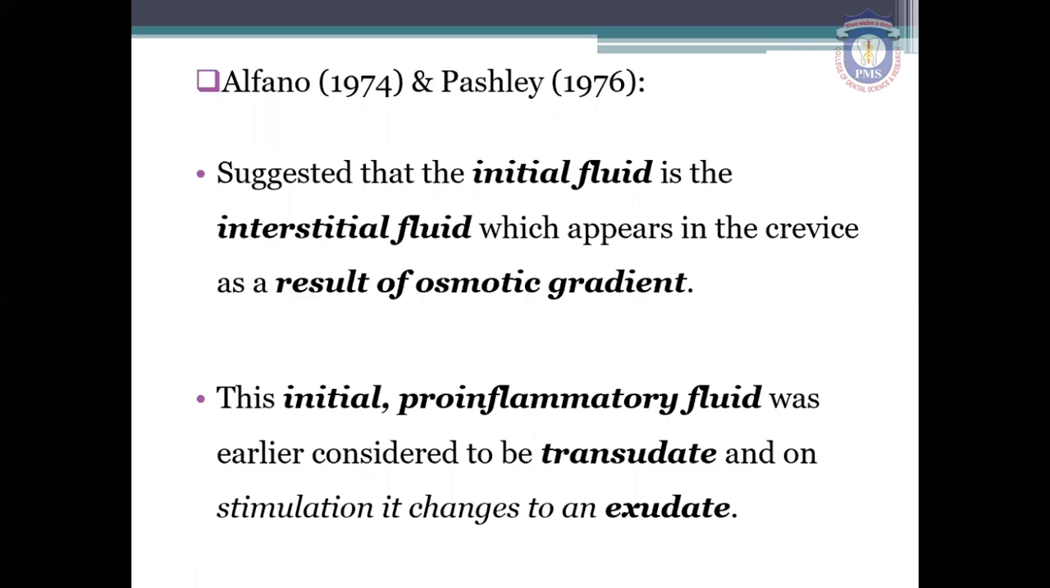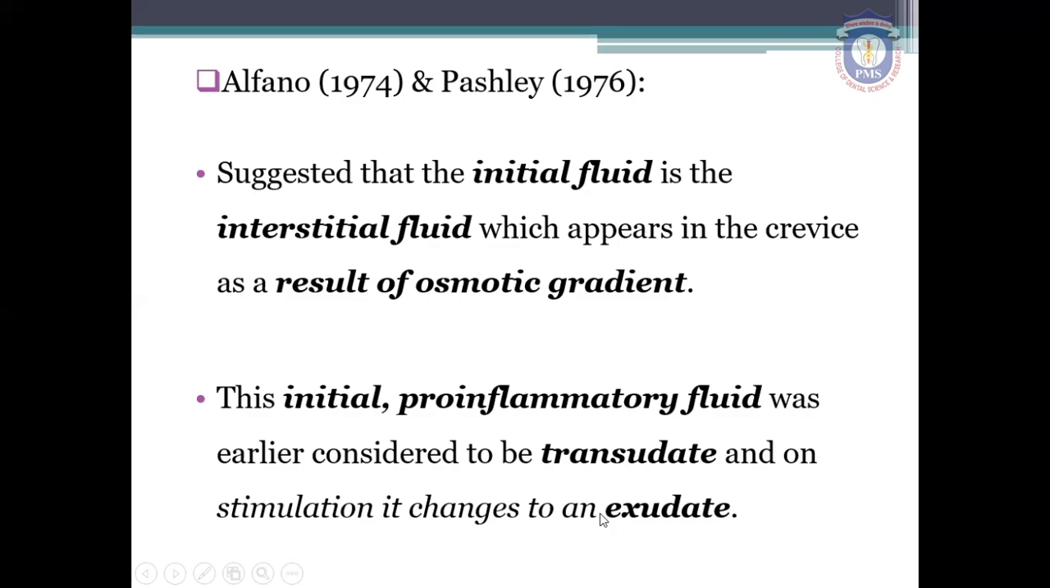And according to Alfano and Pashley, this GCF is initially considered to be an interstitial fluid, that is, the fluid found between the cells of the tissue. And it appears in the gingival sulcus because of the osmotic gradient. And then later, because of stimulation, it changes into an exudate. So initially, it is considered to be a transudate, and on stimulation, it changes